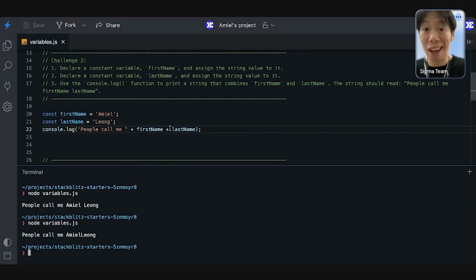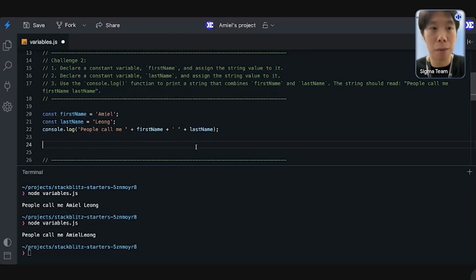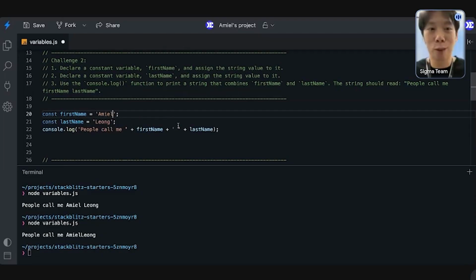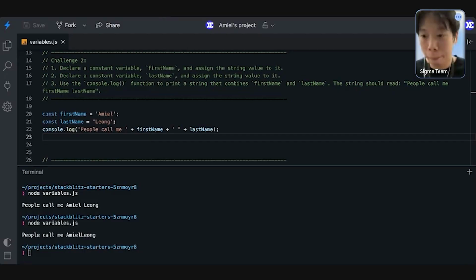If you intend to not have any space between the first name and last name, then that's how you do it. But if you want to have space in between, you have to do it this way, right? You have to be very meticulous and tell the code to print it with a space. And to do that, you can either add a space behind your first name, which you don't have to, or you can do it this way. Totally up to you, right? Everyone following so far? Cool.